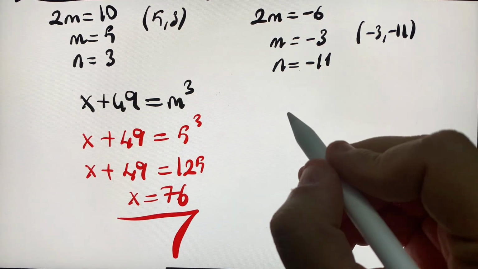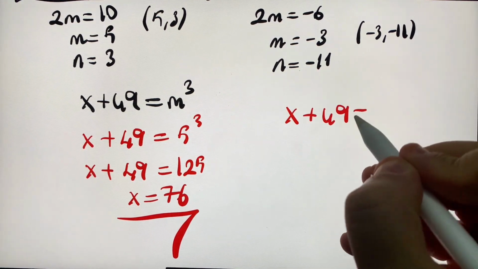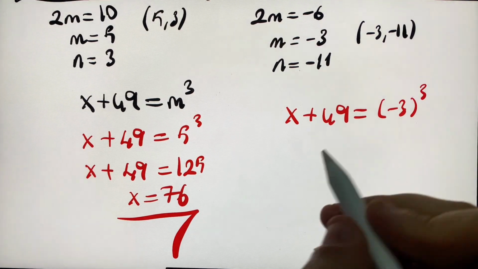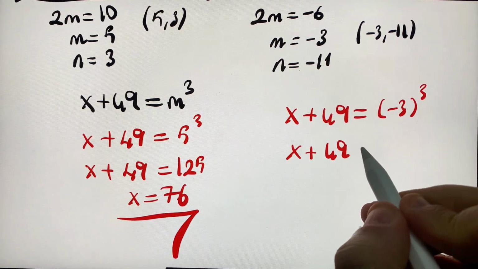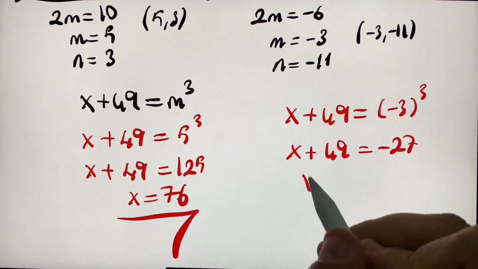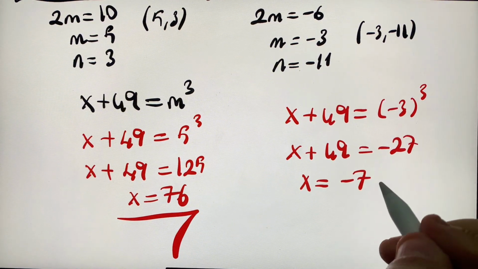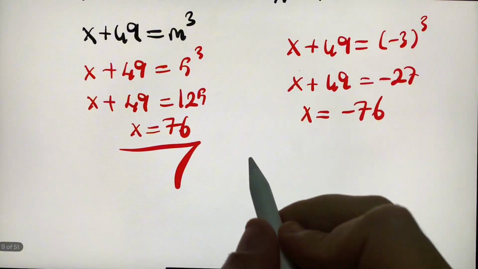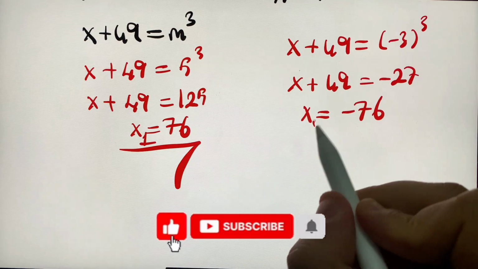Then we move to the other x plus 49. This time we equate it to the cube of minus 3. x plus 49 is minus 27. What did the value of x come to from here? Minus 76. What happened in this case? Let's call them x1 and x2. Our